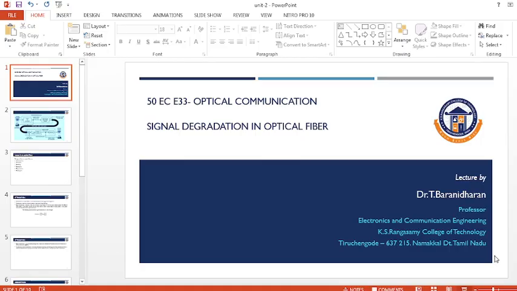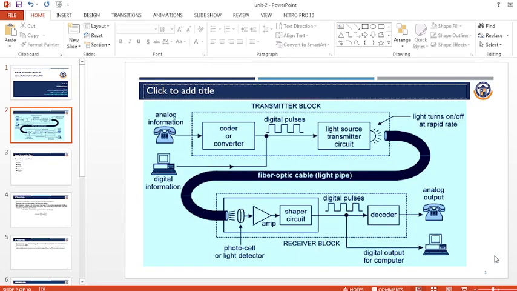Model 2, signal degradation in optical fiber. So we know very well about this block diagram. The first part is the analog signal. That analog signal is converted into an electrical form, right? That electric signal is again converted into a light source, and that light source